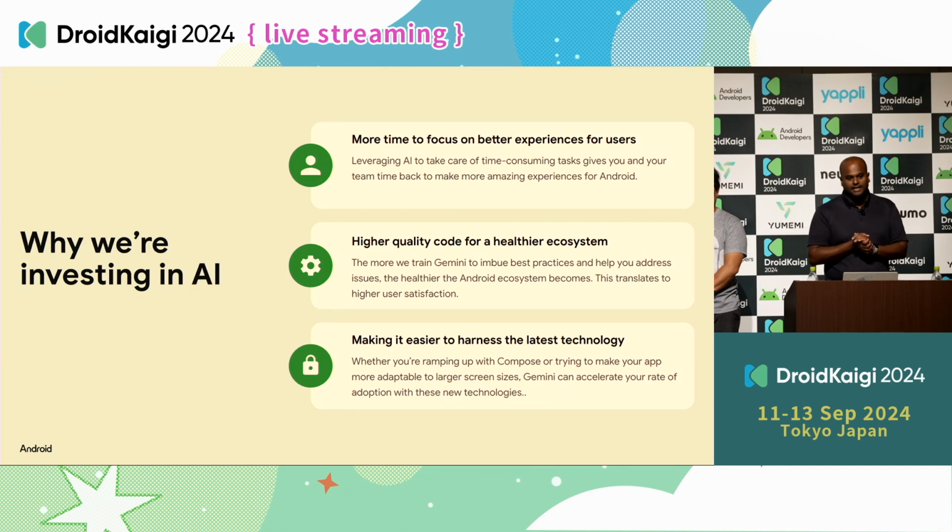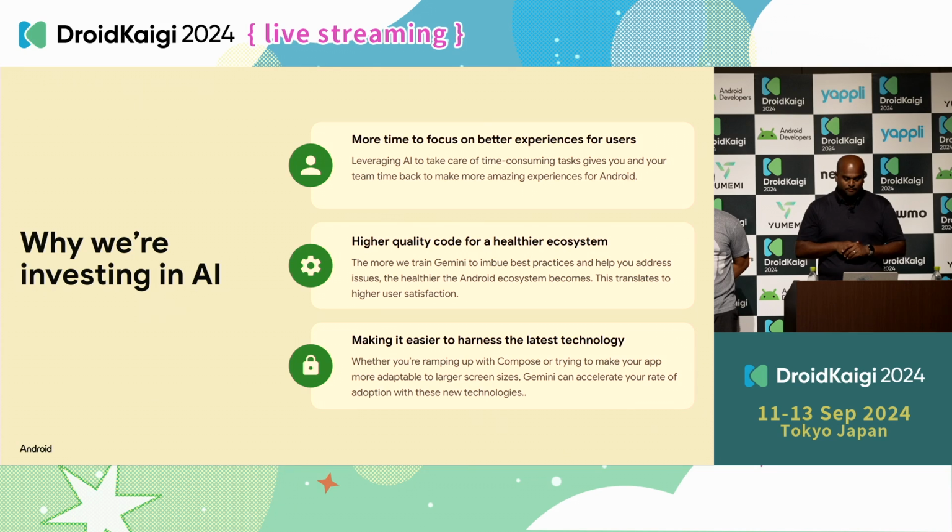So why are we investing in AI? First and foremost, we want to give developers time back to focus on creating better experiences for users. We think that's such a huge opportunity with AI. All the boilerplate things or all the time-consuming jobs are uniquely positioned for AI to do, making sure that Gemini is a reliable, accurate, well-performing tool to give you that time back so that you can focus on what we think is most important: great, amazing experiences for your users. And so that's why we want to do it, because it helps the Android ecosystem, it helps developers, and it